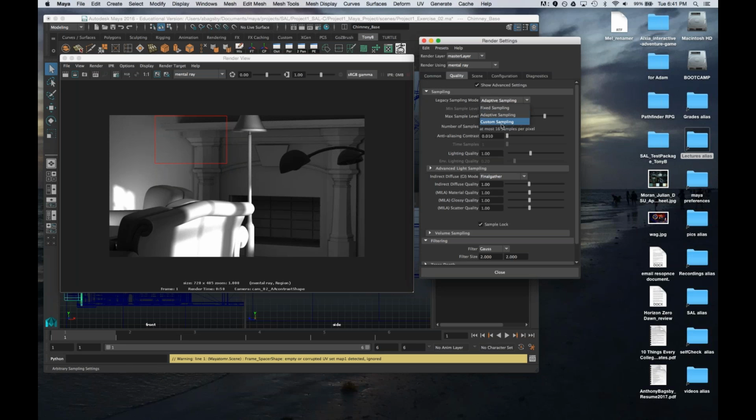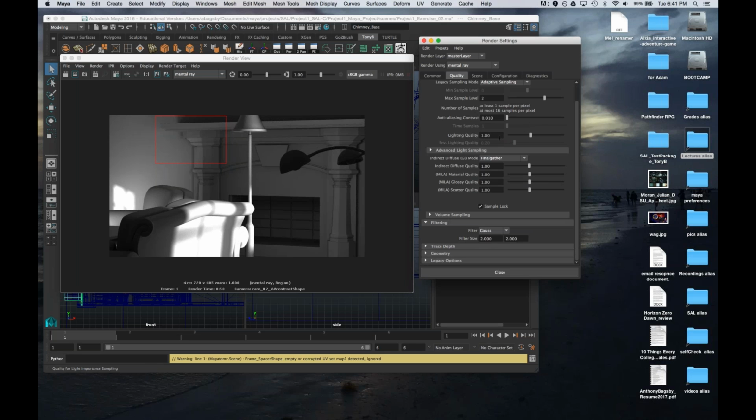You can actually go to custom sampling and increase your minimum samples. So we could increase these to 1 and not increase your maximum samples. Sometimes that works, but usually it's best to keep them fixed, but you can sometimes do that. Oh, adaptive. Keep it adaptive. Don't do fixed.